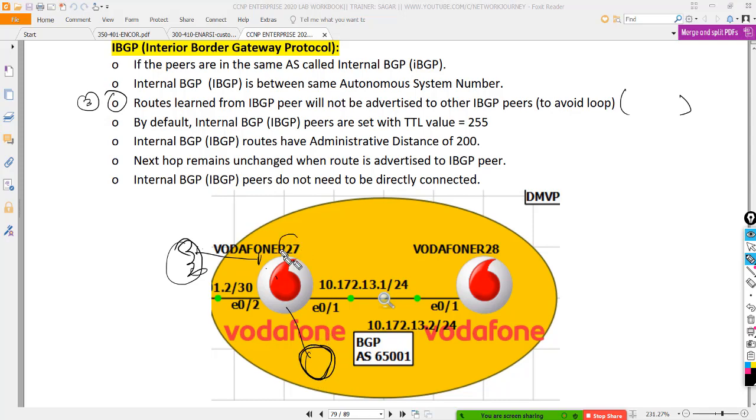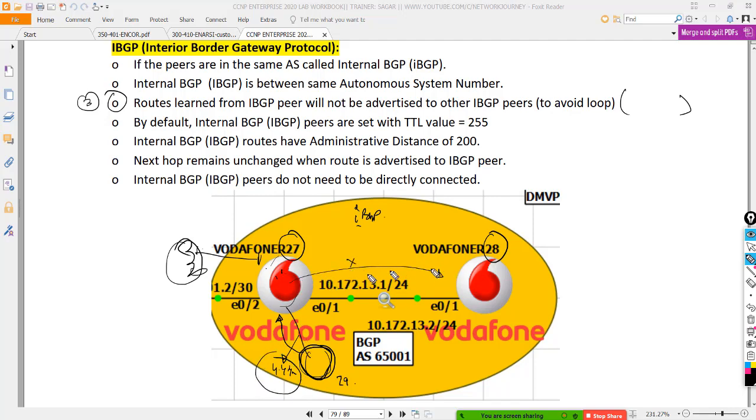So let's say this is router 27, 28 and 29, and this router has some prefixes to advertise, 4.4.4.4. So this is going to advertise to router 27. In case of IBGP, it's not going to forward those routes.